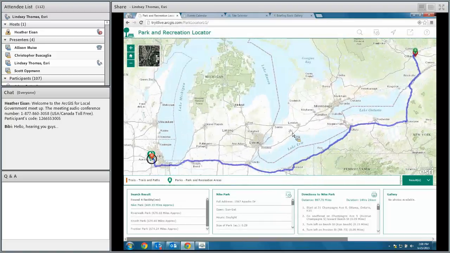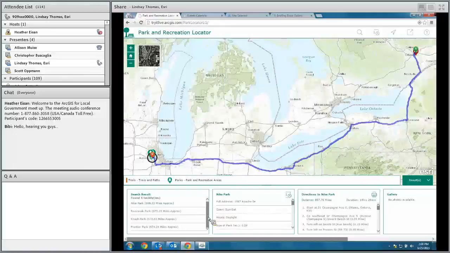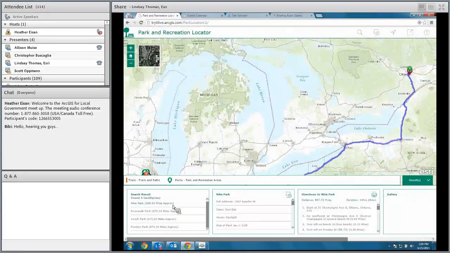And you can see, too, that it's actually smart, and it knows that I'm in Ottawa. It's actually routed me all the way from Ottawa to Chicago. Sorry, I forgot to turn my geolocation off. So in the listing there, you can see all the facilities that are available with those things. And so if I select Nike Park, it's going to go ahead and